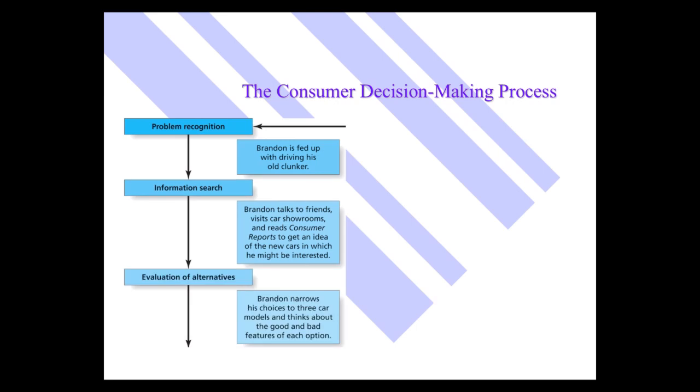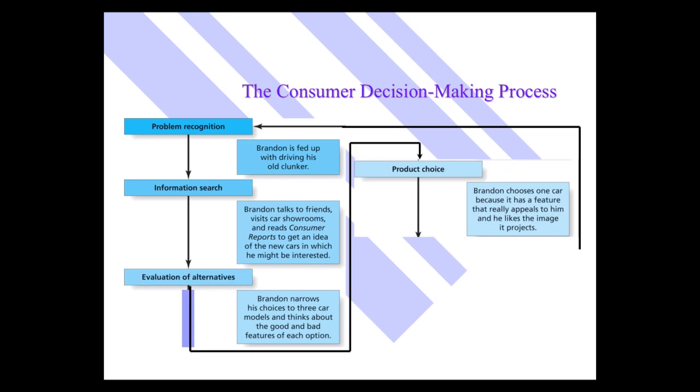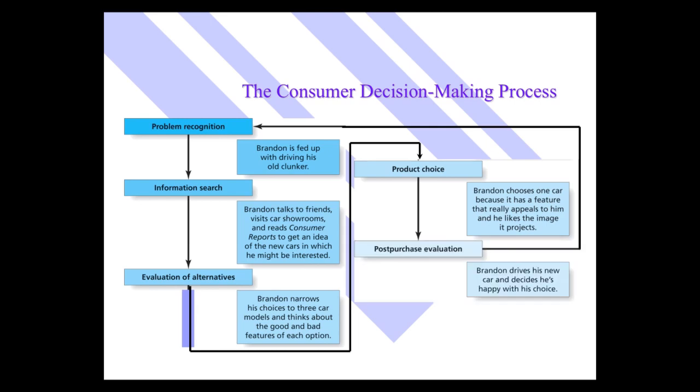Step three, evaluation of alternatives. Brandon narrows his choices to several models and thinks about the good and bad features of each option. Step four, product choice, purchase. Brandon chooses one car. And then finally, step five, post-purchase evaluation. Figure out whether he's happy with that